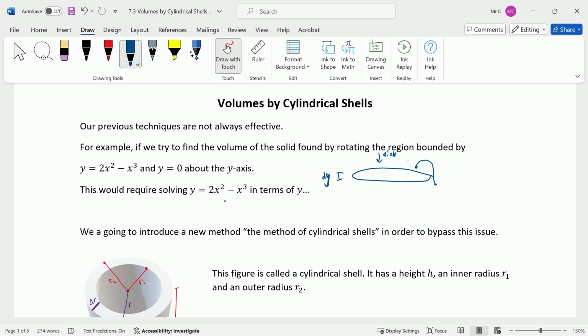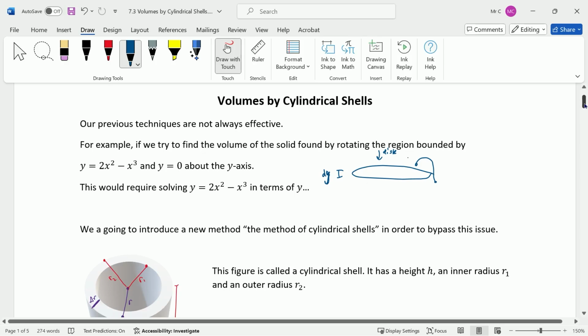But of course, we don't really have any good algebraic way to rewrite this 2x squared minus x cubed in terms of y. So instead, we're going to come up with another approach to evaluating volumes of solids formed by rotation, and that's the method of cylindrical shells. So in order to do that,